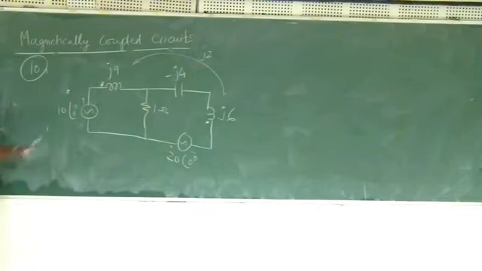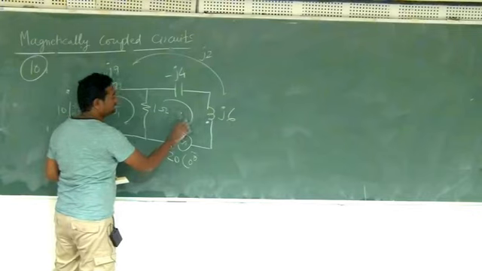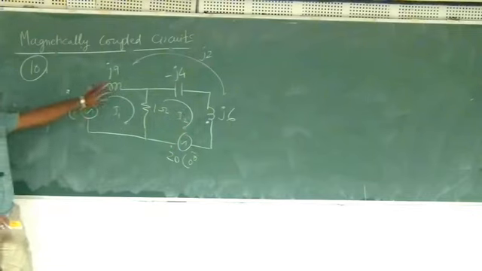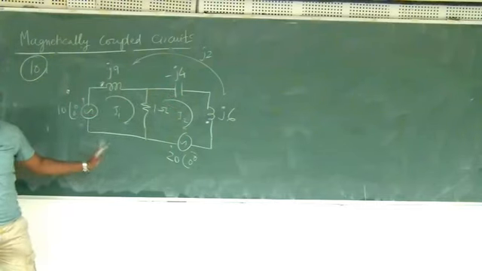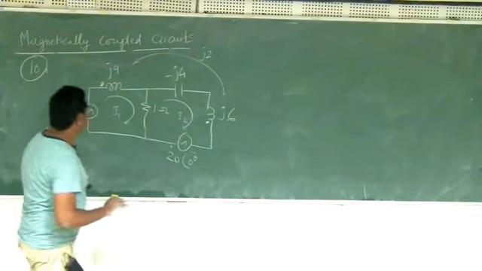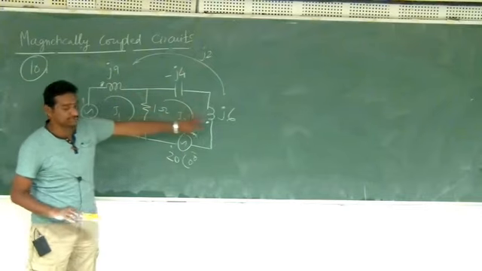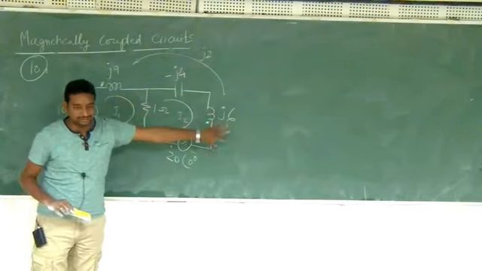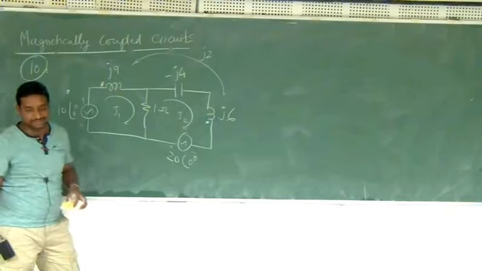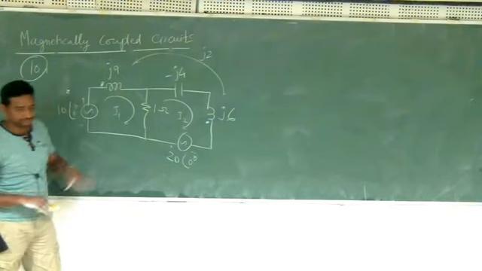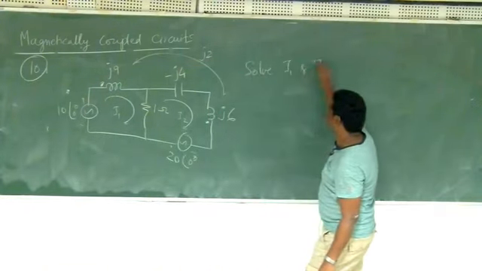If such a thing is given, how do you find out what is I1, what is I2? You know how to solve it without this mutual term, but how do you solve it with that? It's again two equations, two unknowns. What you have to realize is some kind of energy transfer happens between these two. Either this is supplying some energy magnetically to this or this is supplying some energy magnetically to this. And the strange thing is that in that particular magnetic transfer, both active and reactive power will be there. So try to solve it. Solve for I1 and I2.